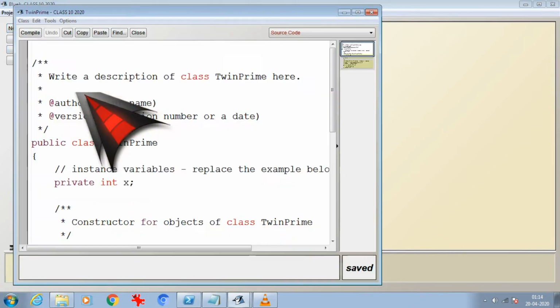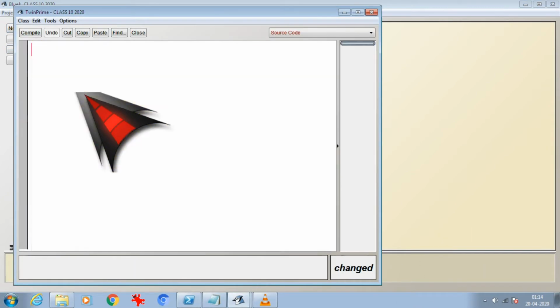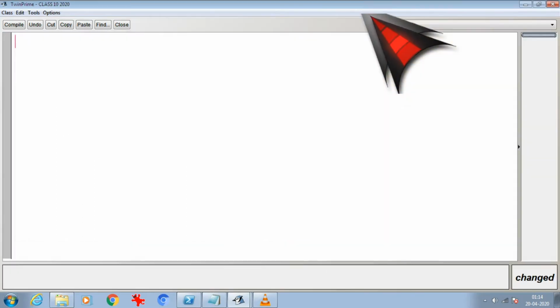Clearing out, and start writing with import java.util.*, and then I'm going to write class TwinPrime.